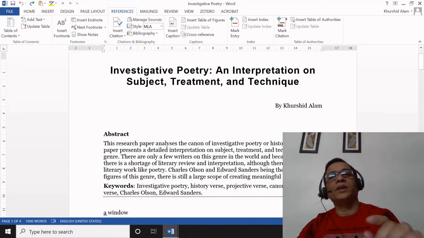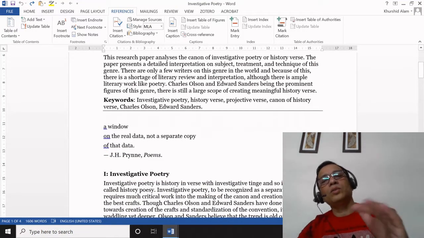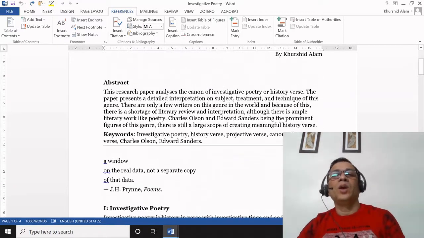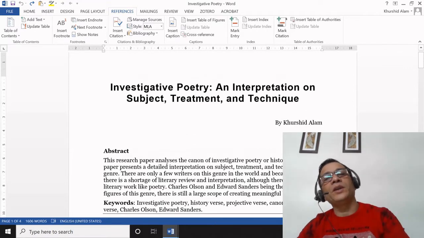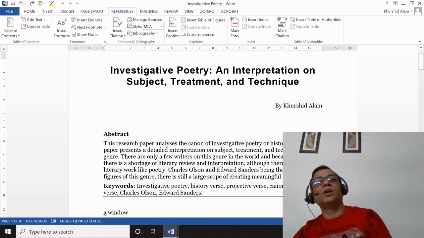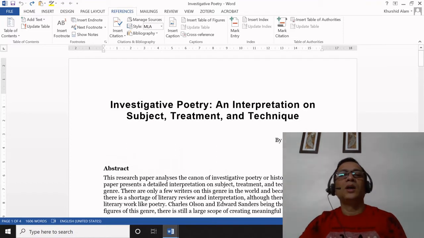For example, in this research paper, I have created all those notes in the footnotes which are specifically related to the topic, while I have placed all the citations for external references in the endnote.